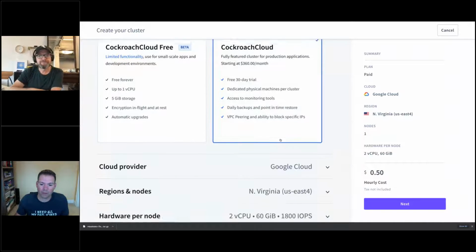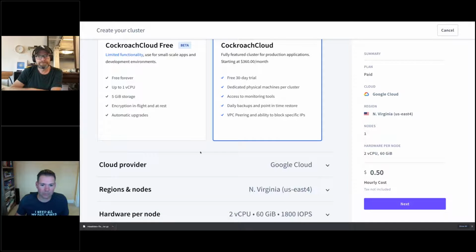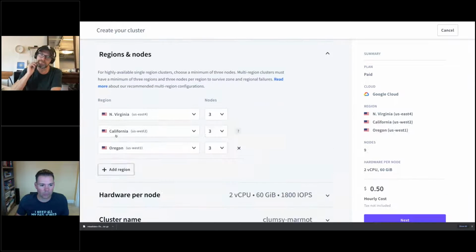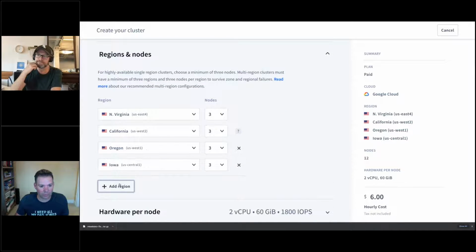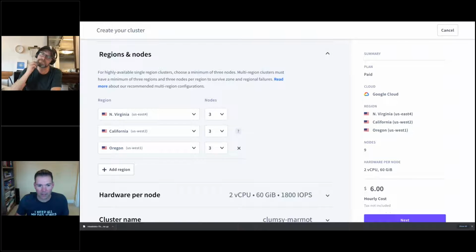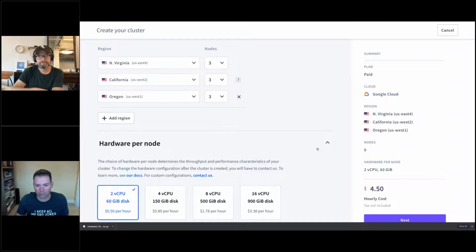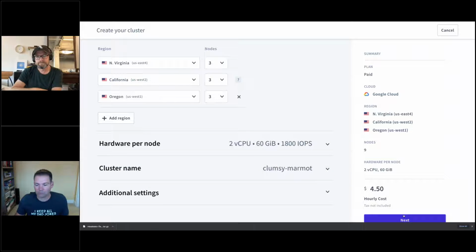And then if you want to do a multi-region cluster, it's really easy to come into the website. You pick your provider, whether it's Google or AWS. You can pick the different regions that you want to use within that provider. So you can go up to 3 regions, 4 regions, 5 regions. You can add as many regions as you need. And then choose the number of nodes in each of those regions. Click the type of hardware that you want to use. There's a couple different t-shirt sizes from 2 vCPUs up to 16. And then you click go, and that's it. And your cluster is off and getting created for you. It takes about 15 to 30 minutes, and then you'll be able to connect to your cluster. You can VPC peer your application network to the database network, and it's real simple and easy to get off the ground.